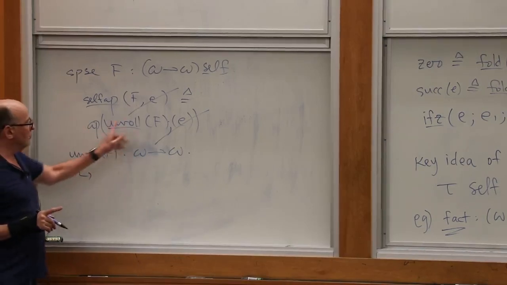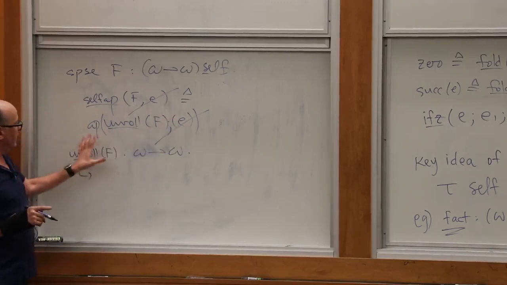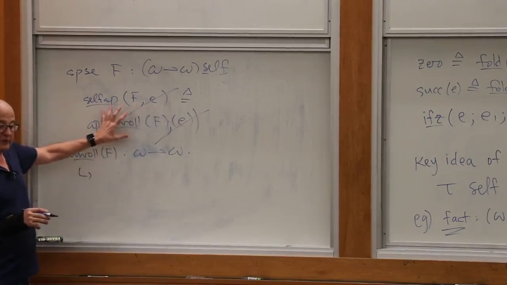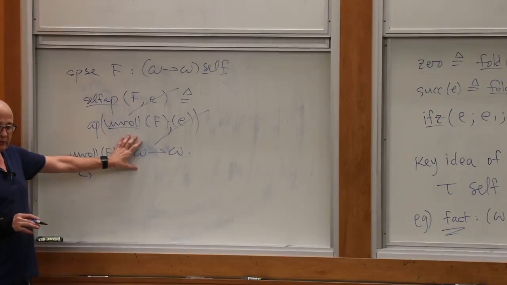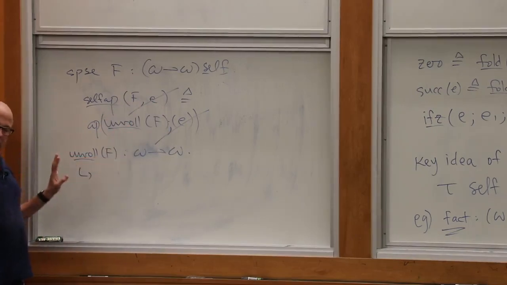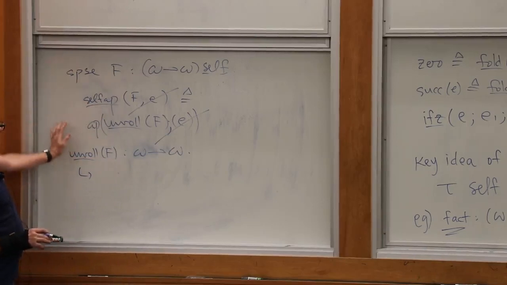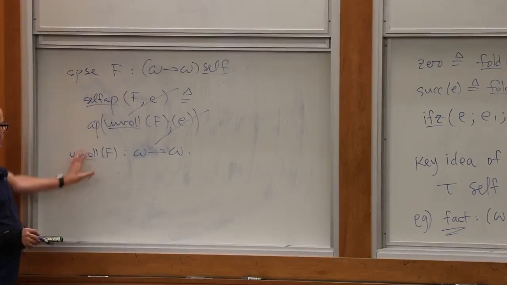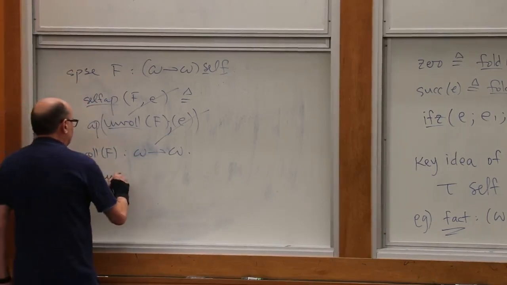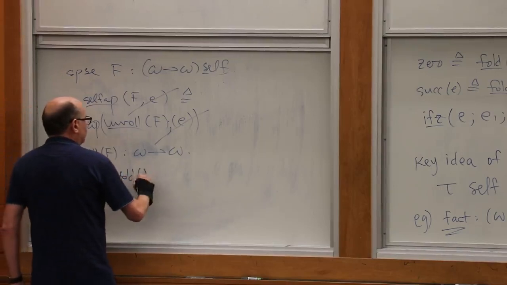But then the unroll of thing to n minus 1 is exactly the use of the unroll of the factorial function without the self being revealed. And then it's all the same. Okay, so that's how that works. So that's the story. So unroll of f turns out to be unfold of f because it's self-referential, and then